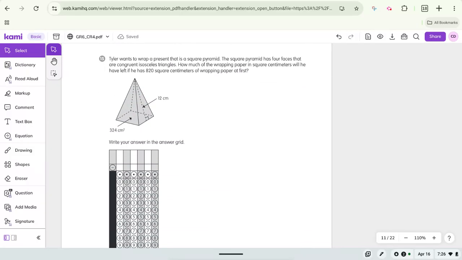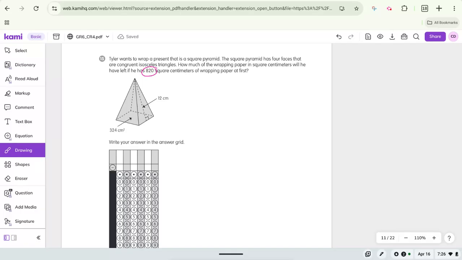Number 15, Tyler wants to wrap a present that is a square pyramid. The square pyramid has 4 faces that are congruent isosceles triangles. How much of the wrapping paper in square centimeters will he have left if he has 820 square centimeters of wrapping paper at first? So we're going to find the surface area of this figure, and then we're going to subtract that from 820 to figure out how much wrapping paper he has left. Now,